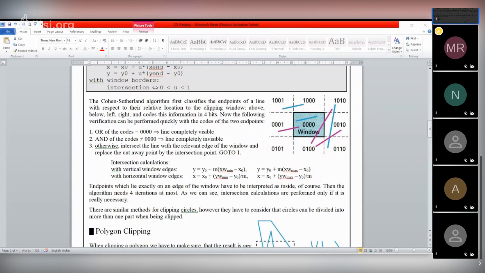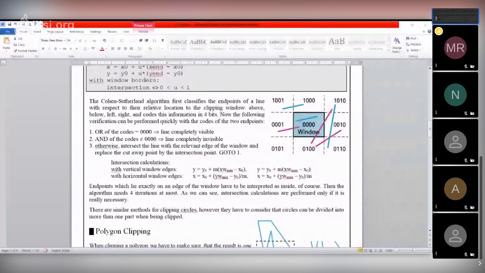So the region code is 1001. In the same way, this is the left region as well as the top region. So it should be 1 for top, and the third position represents the left region. So that should be 1010.